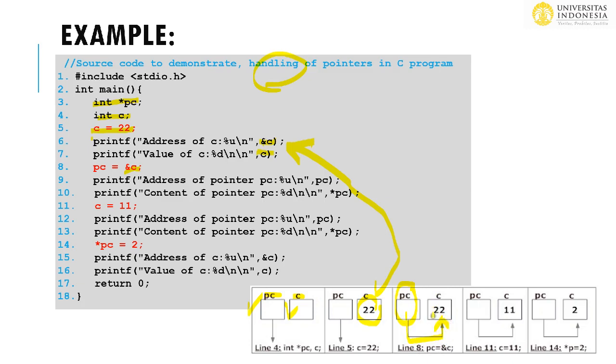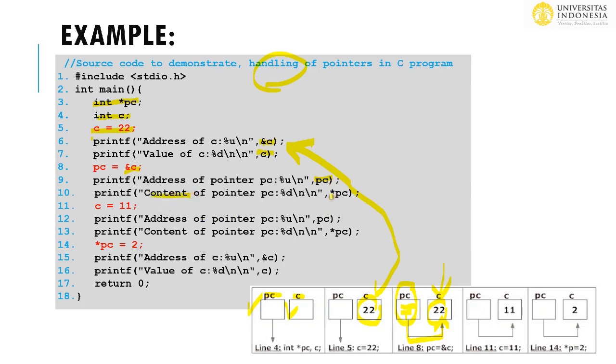So C, on the other hand, has its own value of 22, but PC is equal to the address, which is related to the location of the C variable in memory. So if you want to know the exact location of C, just print the address of C. PC is just the name of the pointer variable, and the content